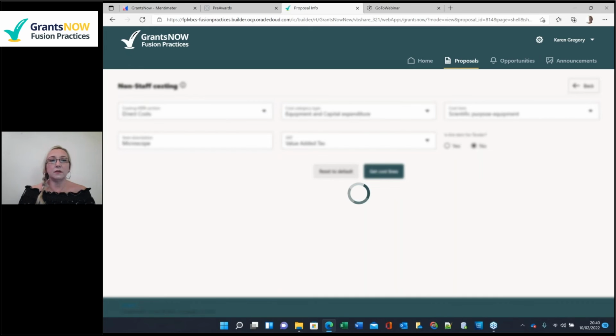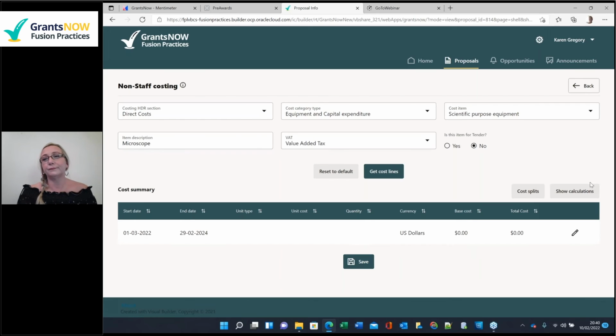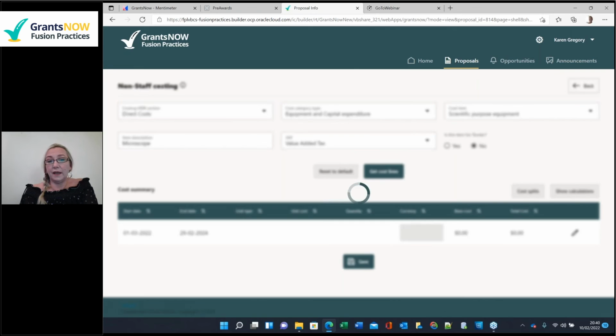So if we get cost lines, and there we have the line. So it's given the start and end date of the project again, the currency we're using, and obviously there's no cost yet because we haven't selected how many units we're going to buy and what the cost of a unit is. So if I click edit,